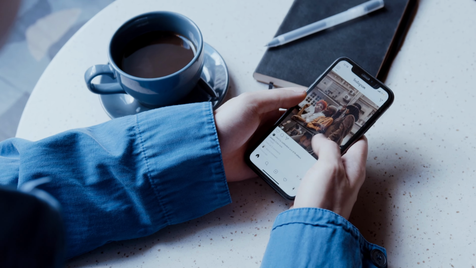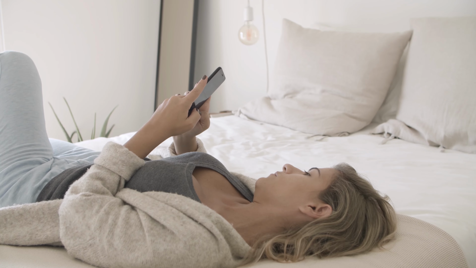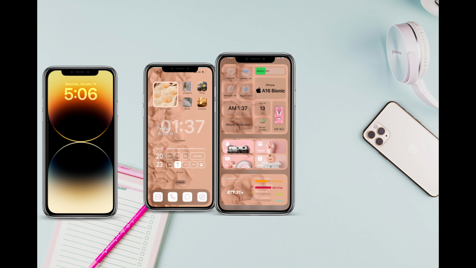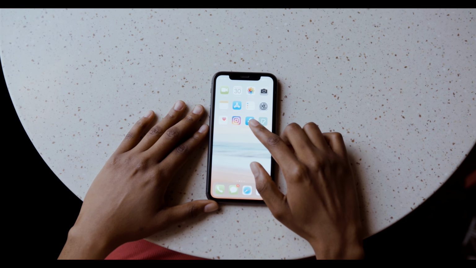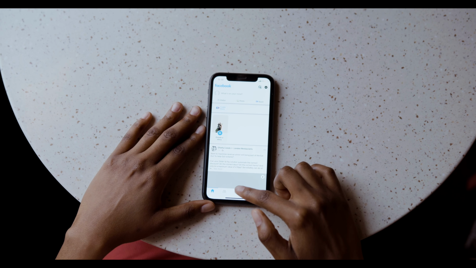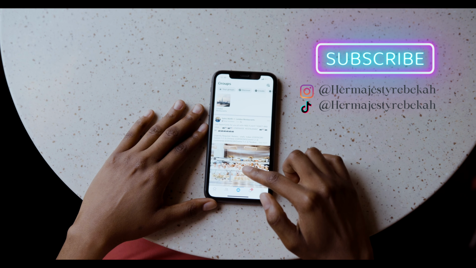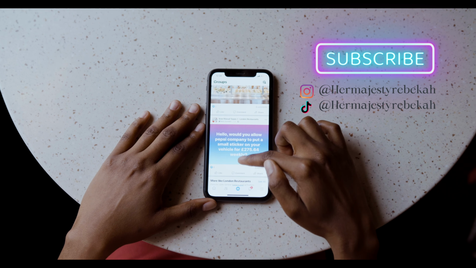Hi guys! If you've been looking for a detailed tutorial on how to get your iPhone from looking basic to sizzling, then you clicked on the right video. I'll show you step by step how to change your themes or create icons to personalize your iPhone. Try not to skip parts of this video because I'll share with you another easy method to create icons without a theme app. So let's jump into the video.